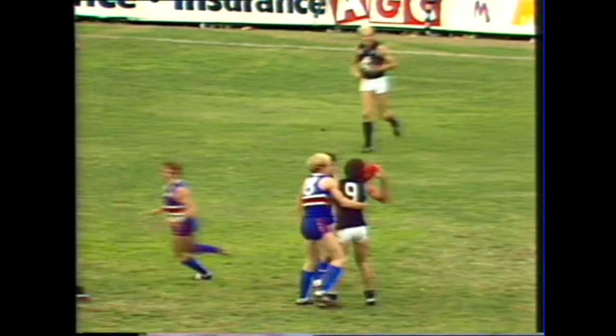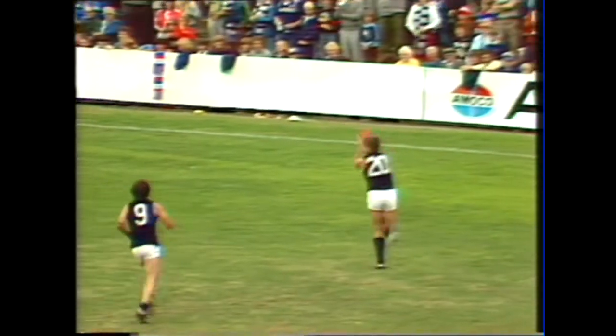Lonergan not trying, looking for Beasley. Not a well-placed kick, and Hunter takes the mark. Playing from behind, Jack, their forwards. Yes, they are that. I don't think...